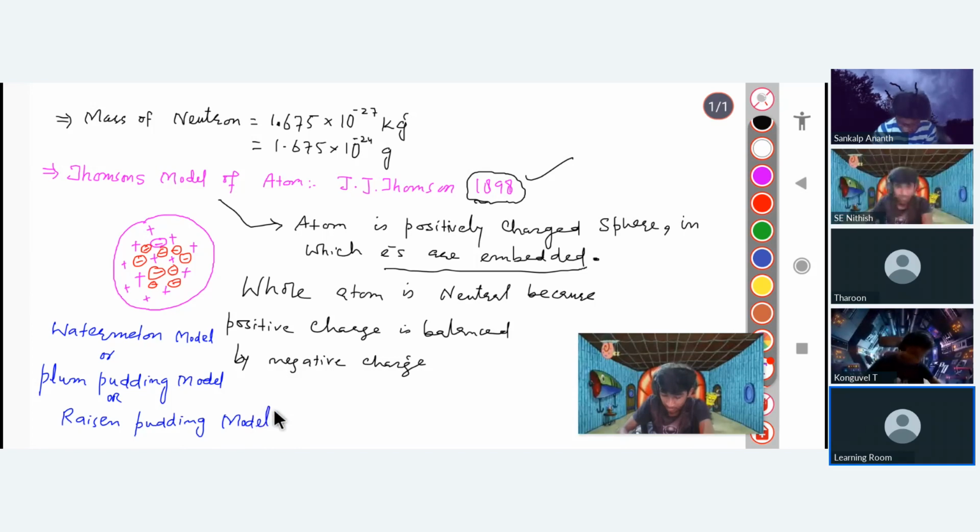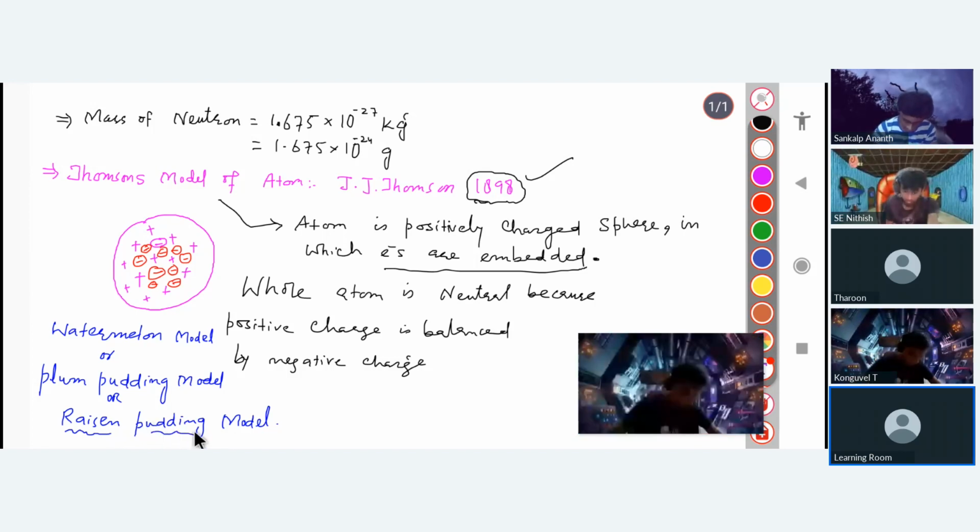So that is why you have to remember: you are having the raisins, the dry kishmish, right? If we put these inside any dish, they are just embedded. So that is why he said that electrons are also embedded, like the seeds in a watermelon. So this was the simple model given by J.J. Thomson. But the limitation of this is that